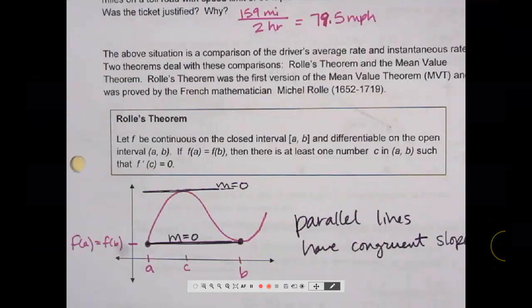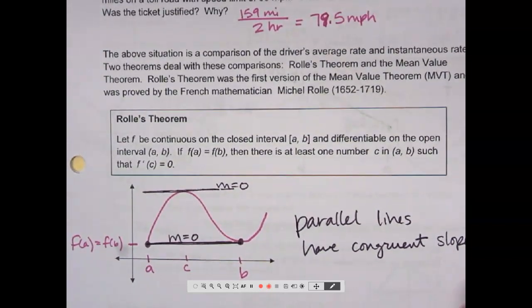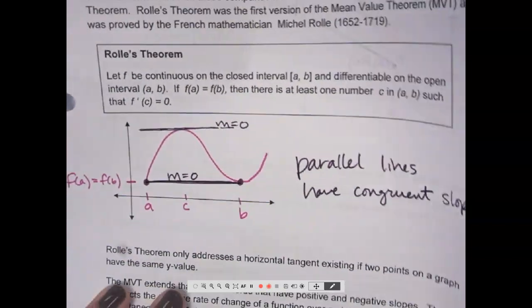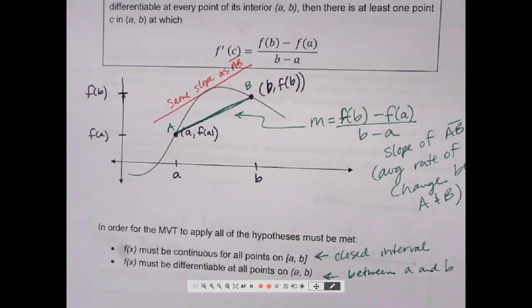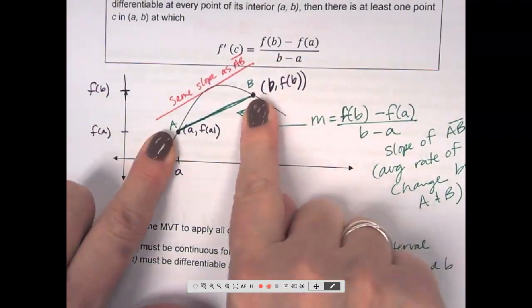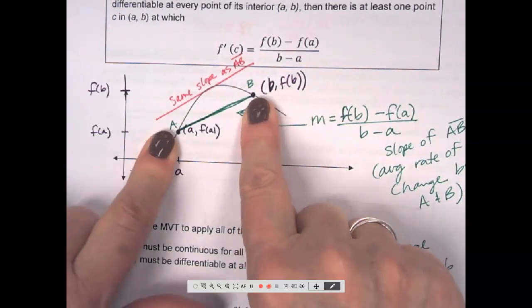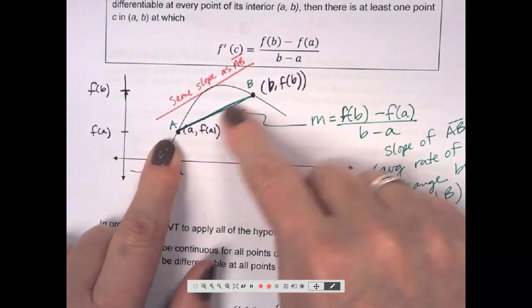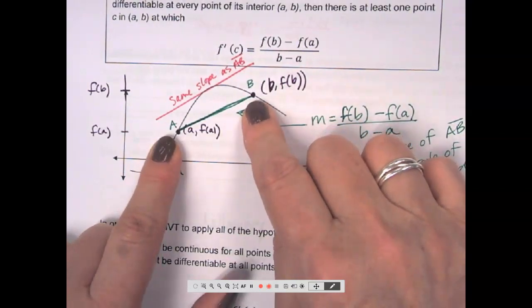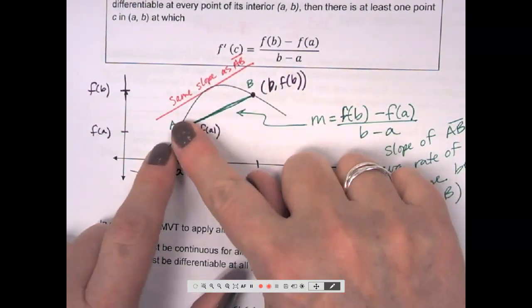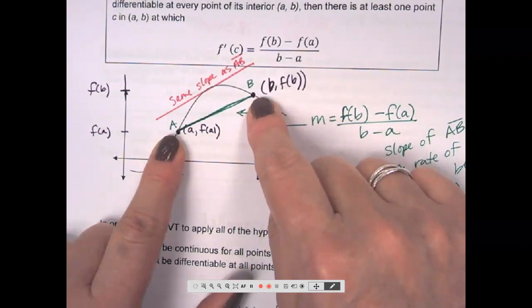Okay, so we're finishing up lesson 4.2, but we're going to do a quick recap first. We talked about Rolle's theorem, which was really just the beginning of the mean value theorem. What the mean value theorem says is if you have two endpoints on your domain, and you find the slope between those two endpoints, then that same slope will occur somewhere, at least one other time, between those two